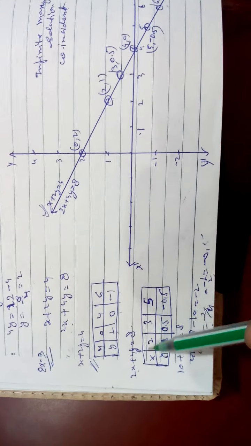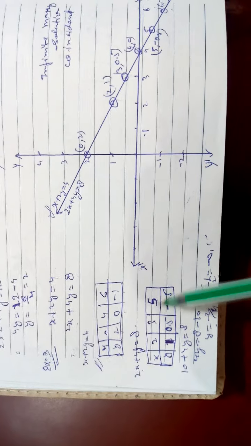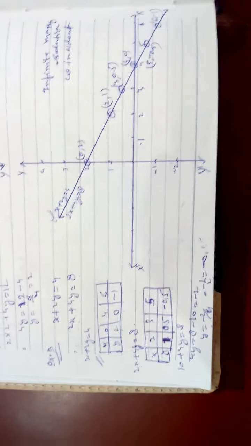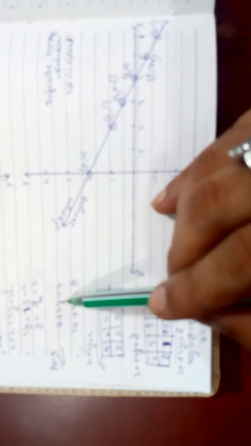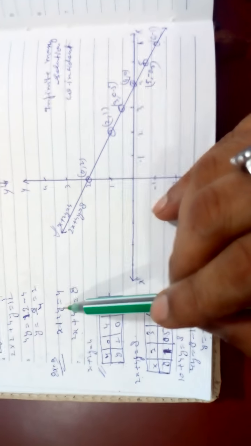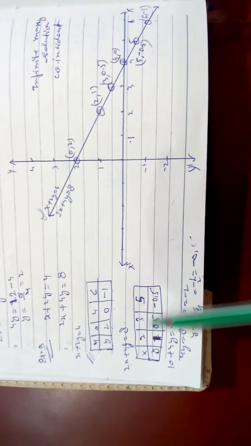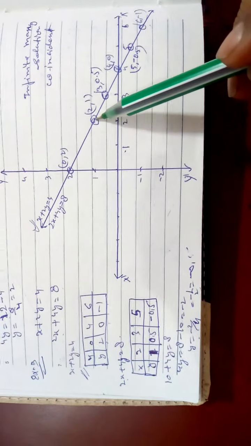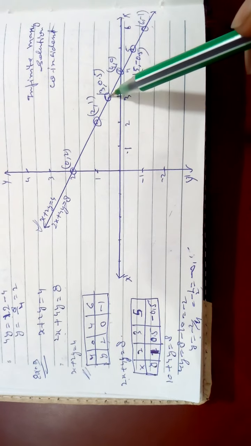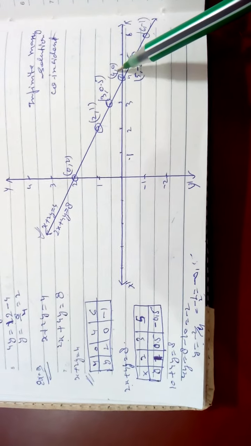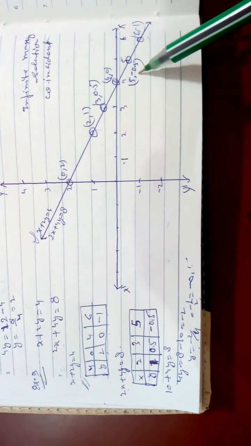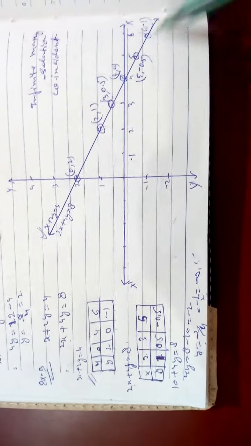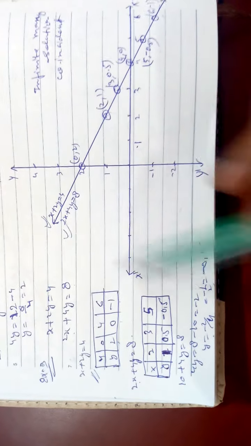I have taken here 0, 4, 6, but both equations are the same. After simplifying it, 2 1 ja 2, 2 2 ja 4, 2 4 ja 8, you are getting the same equation or not? So you try to get different values here. 2 3 5, I am getting 2 1, 3 0.5, 5 minus 0.5. So you are getting all the points lie on the same line and this line is here.